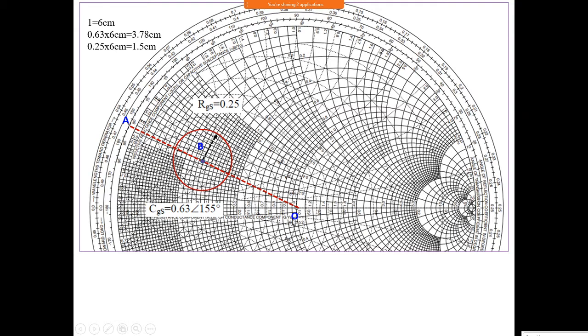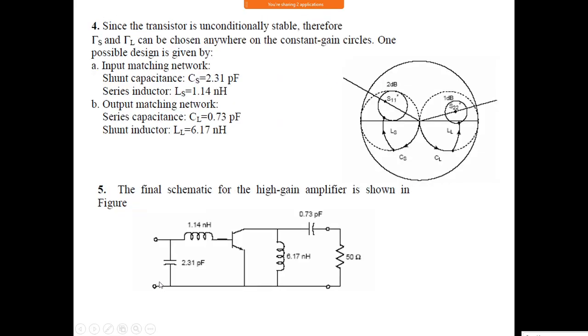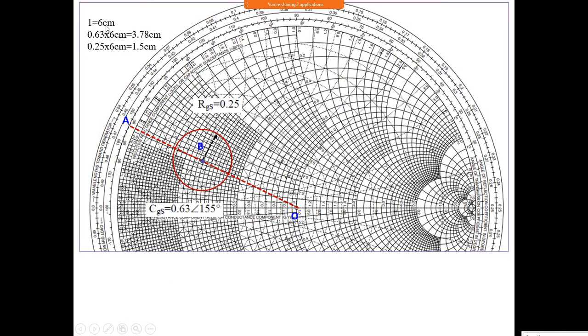Okay. Next, you measure a distance from here to here. It is the same as this 6 centimeter, because that is the radius you should draw up to this. Okay, it is 6 centimeter. But what I want here is 0.48. 0.48 means 6 centimeter multiplied by 0.48. You do that, and that value you should mark on this line passing through the 20 degree. That is the center.